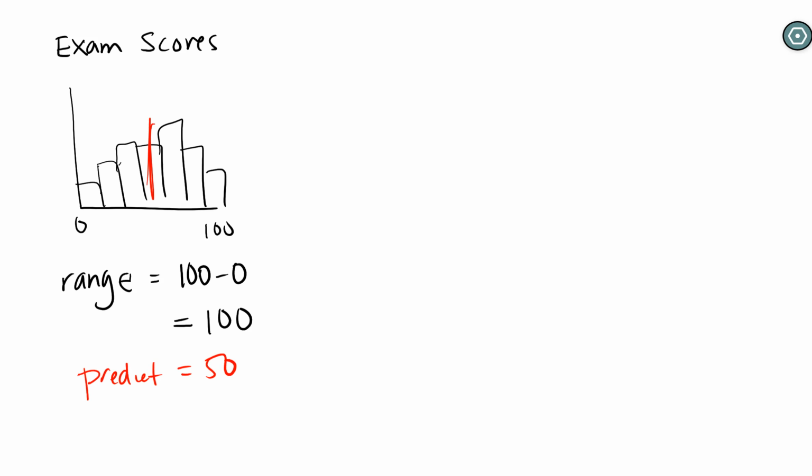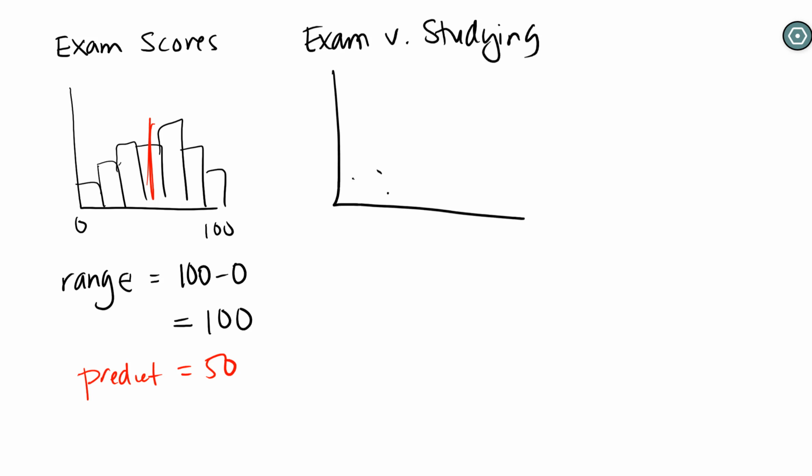Something right in the middle. And that's going to be crap because I'm going to be off plus or minus 50 depending on where you are. So if we could use something else, like say exam score versus time studying, and maybe make a scatter plot, and maybe our scatter plot looks like this,